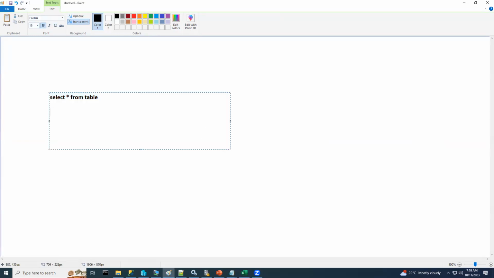Select star from table, you are executing. This table takes around 10 seconds to complete the query, right? So after this 10 seconds, let's say, for example, actual execution on the CPU is 1 second